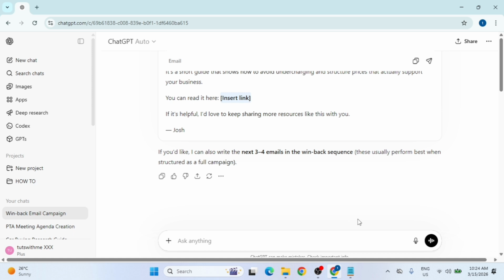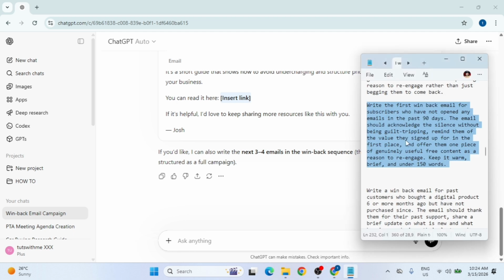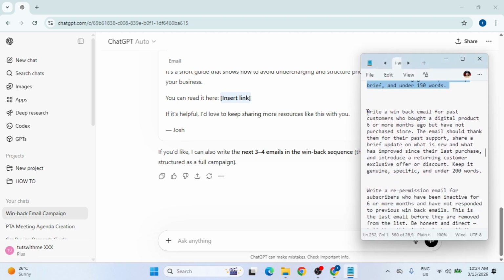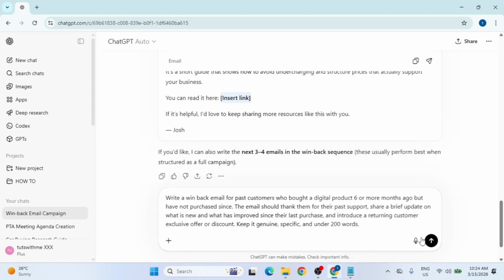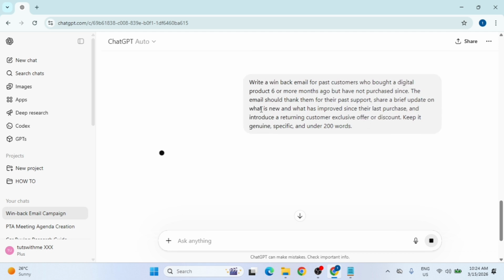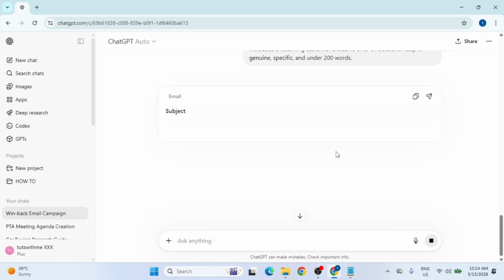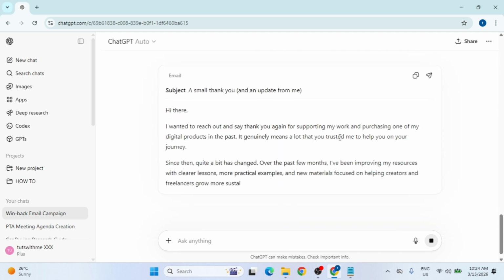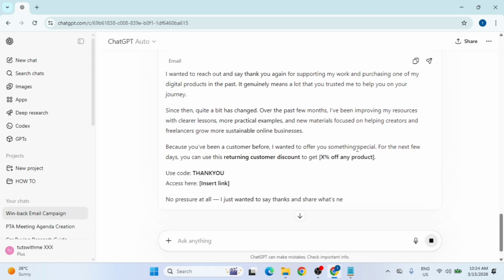Next, I want to target past customers who haven't made a purchase in over 6 months. I'll head back to my notes to grab the next prompt, which asks for an email that thanks them for their past support and shares a brief update on what's new in my business. I'll copy this, paste it into the search bar, and send it. ChatGPT generates a thoughtful message that includes a special discount code as a welcome back gift, keeping the language simple